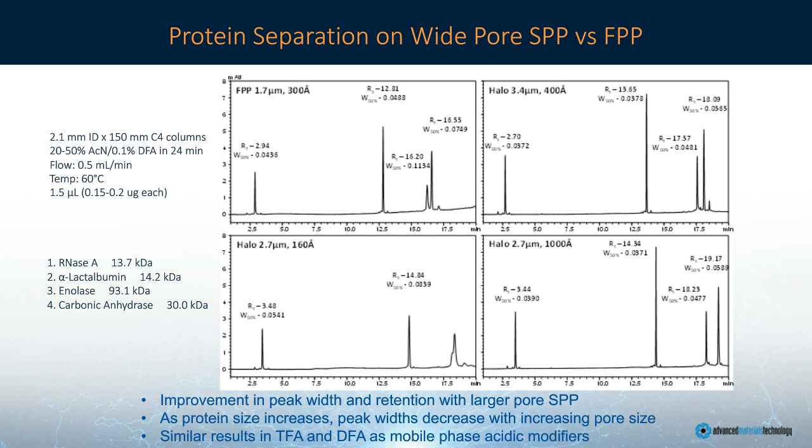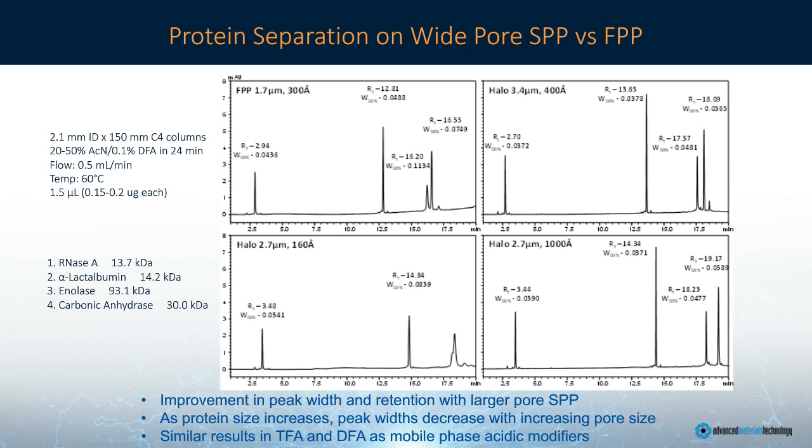as we go to a smaller pore size on the panel below it, the Halo 2.7, you do take a hit in your peak width, especially towards the end. The later eluting, larger proteins, phenolase and carbonic anhydrase, are co-eluting. However, as you move to the 3.4 400 angstrom, you begin to see that compared to the